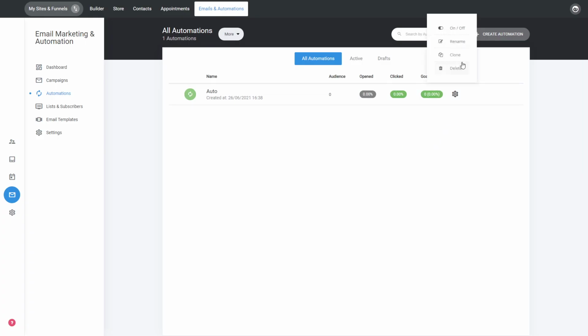You can of course clone your automation if you want to create a different version of it. But this is how simple